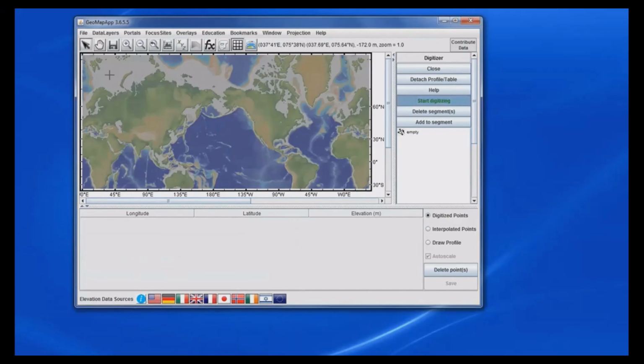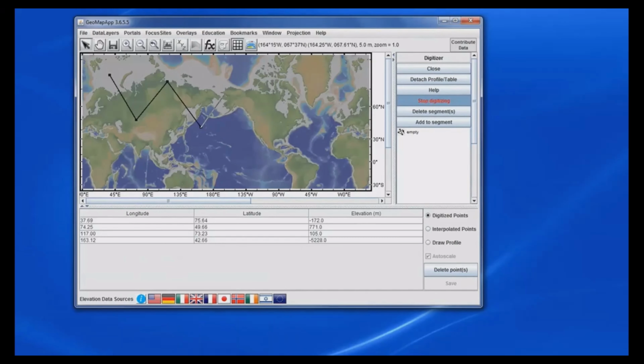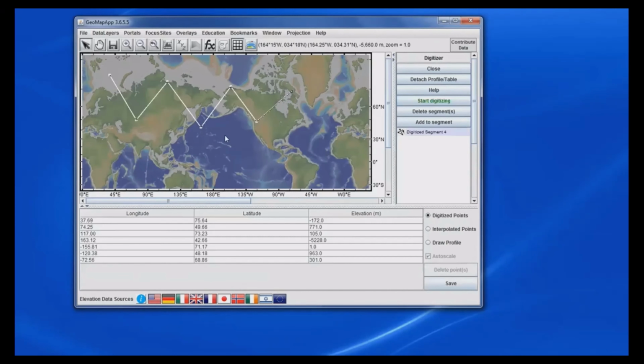So the big upgrade for this release has been that we made the digitizer much simpler, more intuitive, and we can edit the points in real time. So let's say we want to finish digitizing, we can just double click, and let's say we made a mistake with this point. We can drag it to a new location on the map, like so,